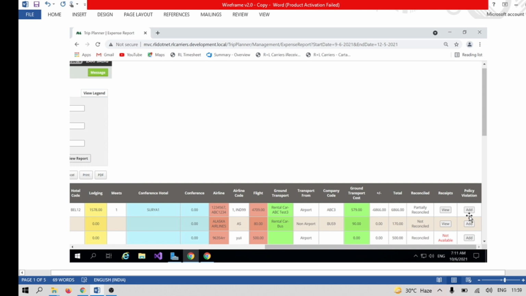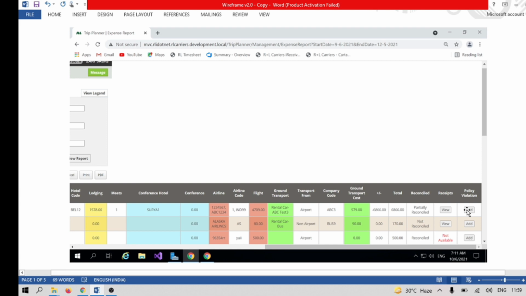oh, after implementation, this policy violation column will get displayed, and inside each row there would be one add button. Clicking on that add, the user would be able to get one pop-up in which the user can add some violation details. Okay, this report is basically for traveling purposes. So the user may have some expense related to hotel fare.